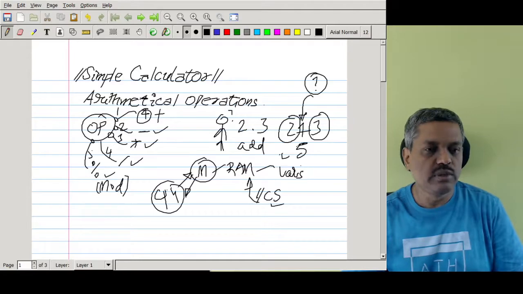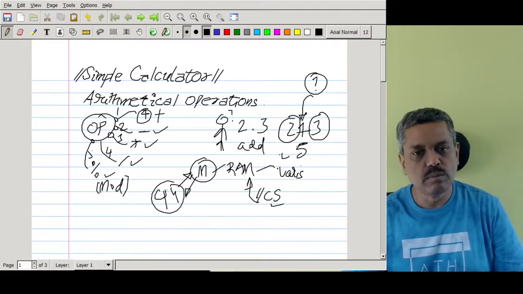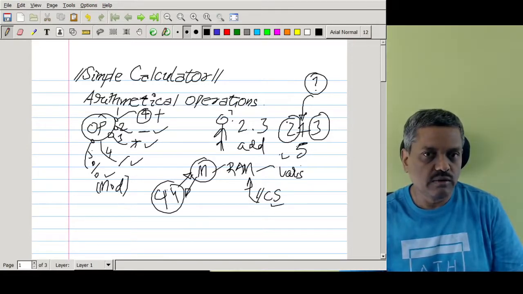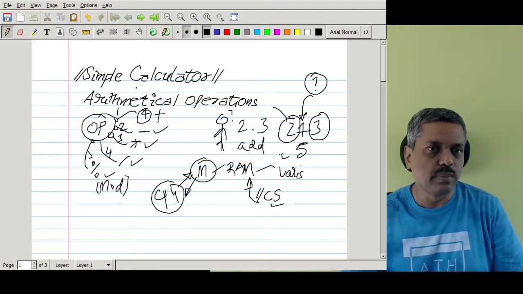We will look into this particular program, how to do this operation. You know that we need two variables. For example, from the programmer's perspective, how to incorporate this particular operation. We will take up one operation, and the operands remain the same, but only the operator will change. It can be any one of these five operations, so we have to select one operation at a time. That is the idea behind this simple calculator.